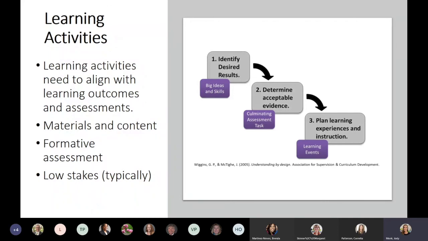So planning on paper can help you think through what might be too much, how much you can expect of your students, and again, what they need to reach that learning outcome. Learning activities can also be a formative type of assessment, like Brenda presented earlier. It can be something they work through, and maybe it's graded as participation, but less graded as a summative assessment. So they're more low stakes, typically formative things.